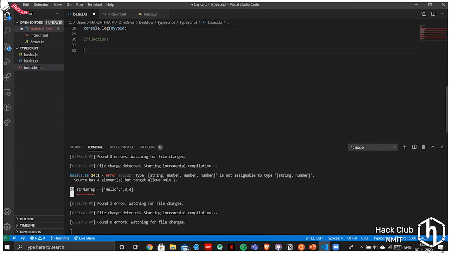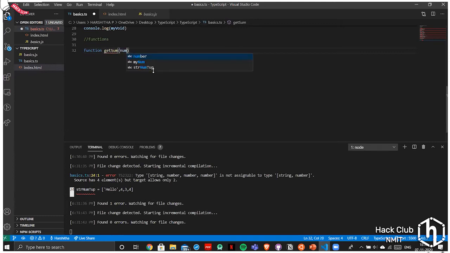Functions have a similar kind of syntax to that of JavaScript. If you know any high-level languages, you will be familiar with this as well. Let's see what happens here. We'll take a function getSum, add two numbers and see.